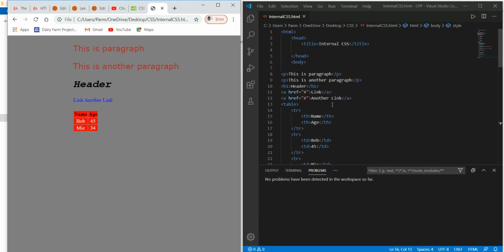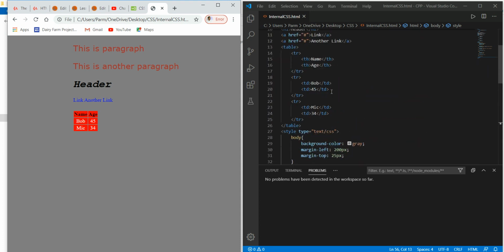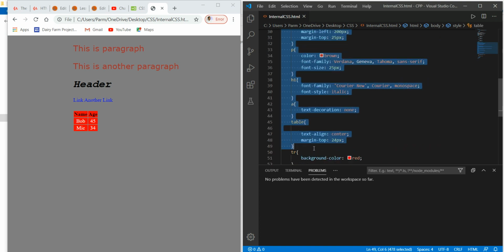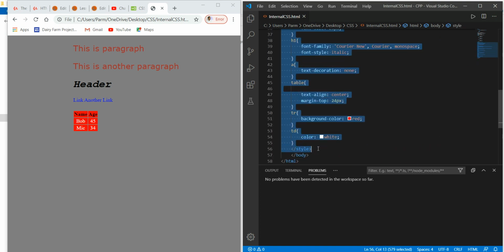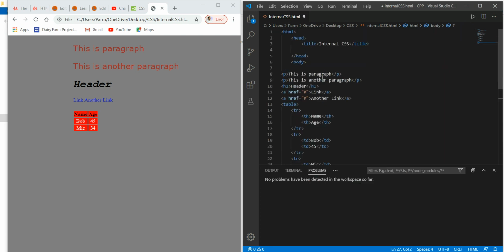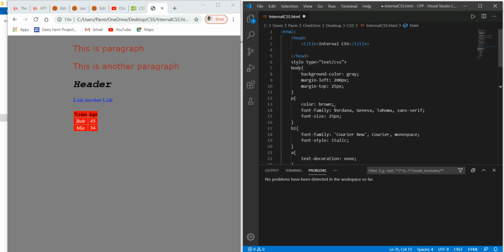So what this means to say is that I just want to make some changes. Say I want to change the background color, or make any changes in this.